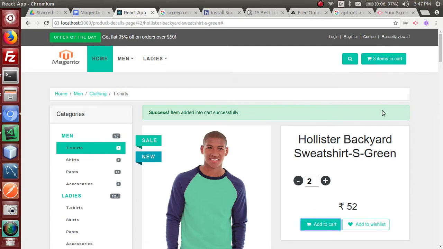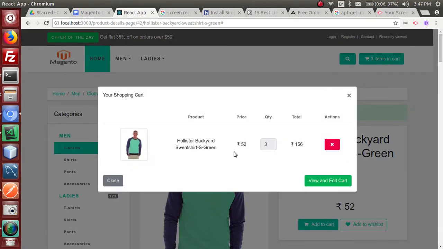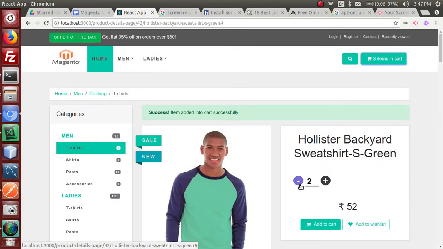So only these things are going to update. We are not updating the entire page or any DOM element. We are just updating this add to cart label while the product is being added into the cart. We are updating this item count, and we are updating this mini cart functionality. So again let's try to add one more quantity. Right now there are three items in the cart. I am adding one. See, only these items are updated.